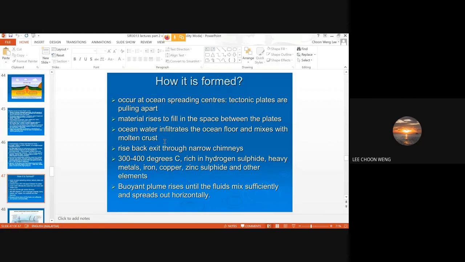It gets enriched with metals, elements, iron, copper, zinc, sulfate, and other elements, and then it rises back up through any cracks that it can find. Okay, so as it rises up, the metals and chemicals inside the plume, they call this the plume, quickly precipitate and build the chimney as it grows higher and higher. Okay,